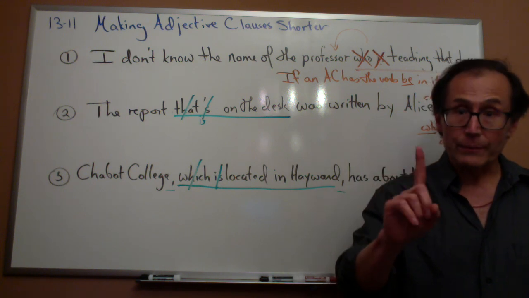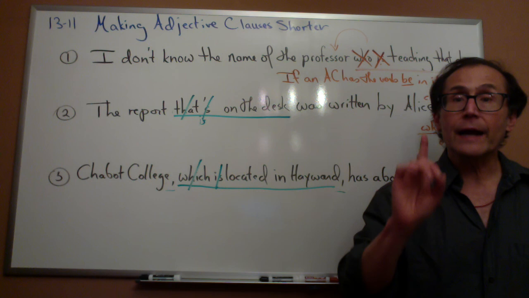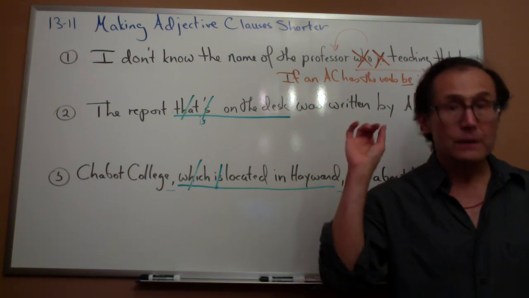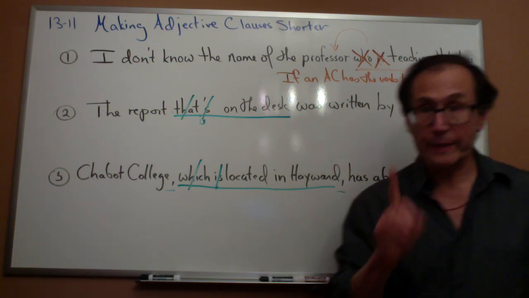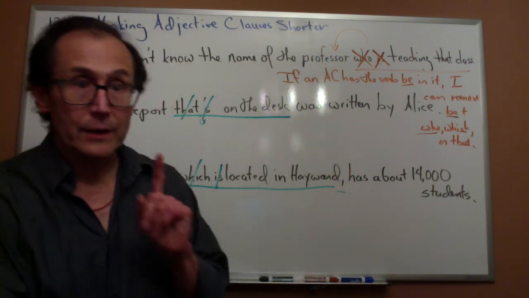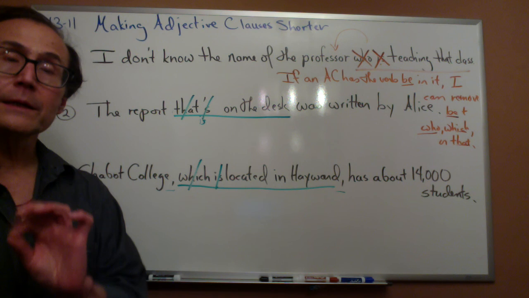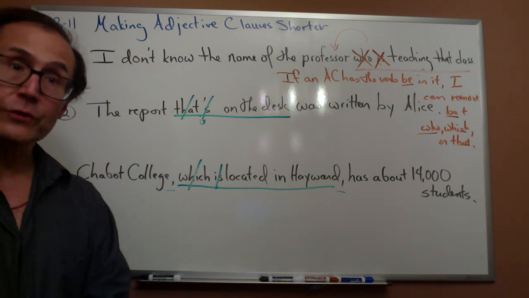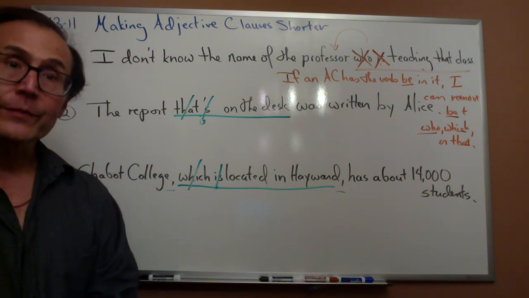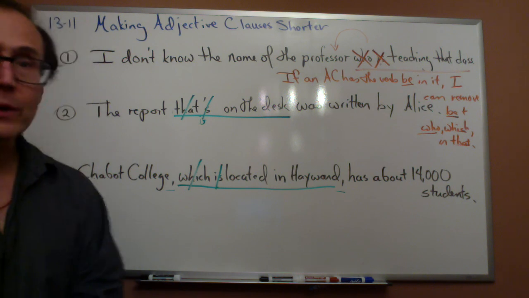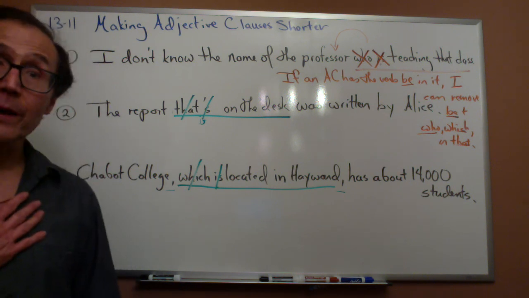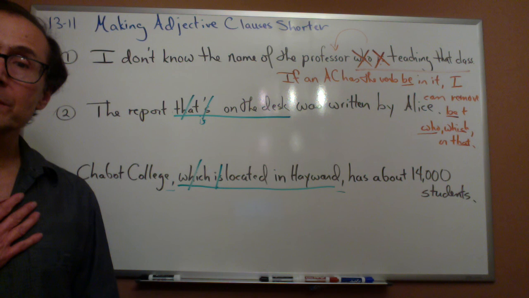Important thing to remember. You never have to do this. You never have to make an adjective clause shorter. You can always use the long way. It's never necessary to use the short way. So if you're not sure and you want to be safe, probably the best thing to do would be always write the long way, but if you know,